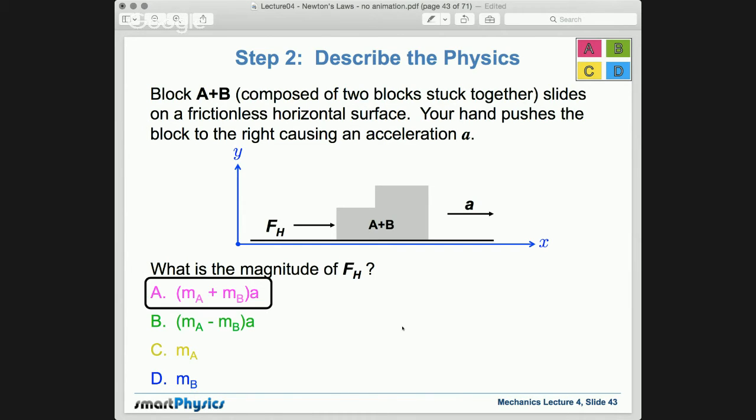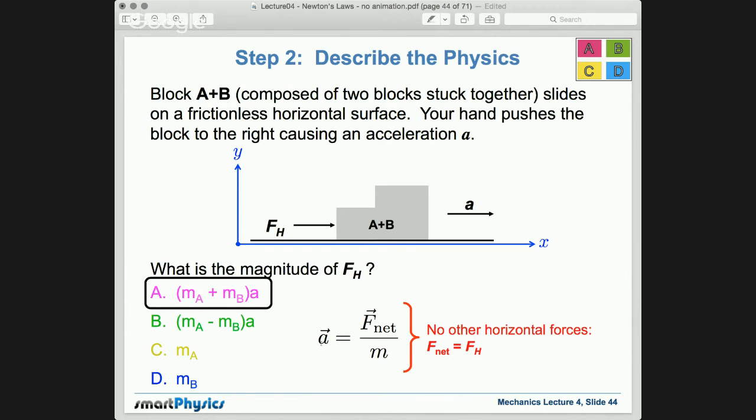The answer is ma plus mb times a, where a, again, is the acceleration. How does that work? Well, we start from Newton's second law. There are no other horizontal forces acting on the composite block. There's no friction, and there's only one force pushing this composite block to the right, FH. So the net force on the composite block is the force from your hand, FH. And so the magnitude of FH is just m, the total mass, which is ma plus mb, times